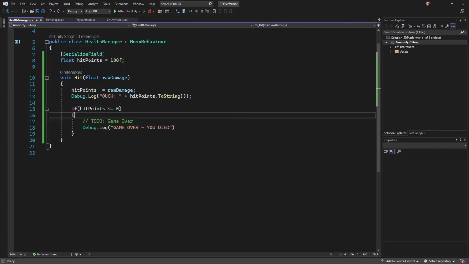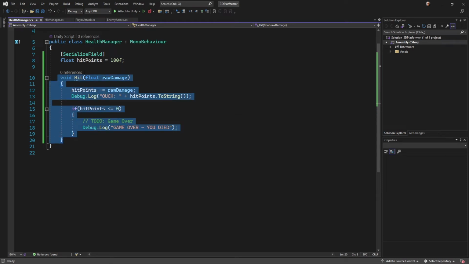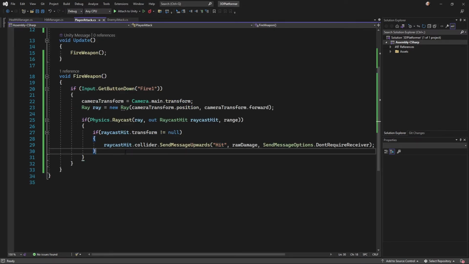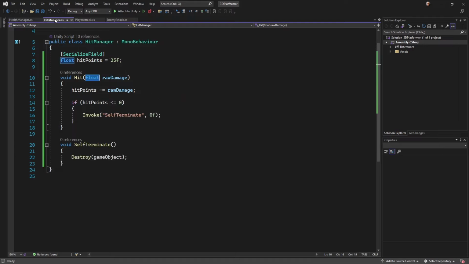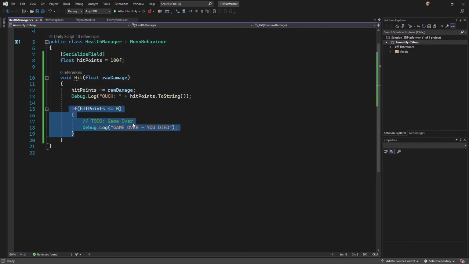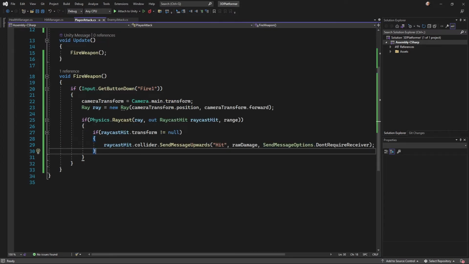If it hits the player, it will run this same subroutine, hit. You don't necessarily want these two files attached to the same object because they'll both run, which it's not designed to do. You could actually have the same thing attached to both. The issue there is I didn't want to delete the player in the same way. I didn't want to delete them from the scene. It depends how you're setting up your game, whether you can come up with a system for that. You could certainly have a virtual class that you inherit from for the two objects. In any event,